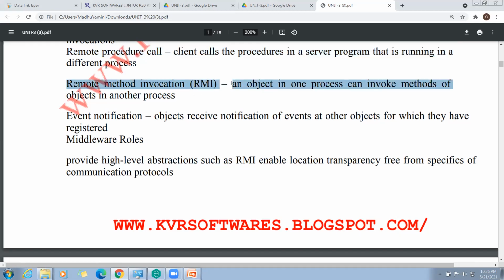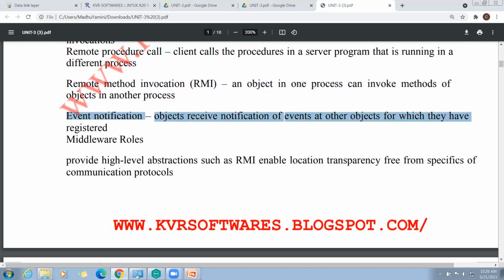Remote method invocation: an object in one process can invoke methods of an object in another process. Next, event notification. Here, in a distributed system, distributed objects receive notification of events at other objects for which they have registered.